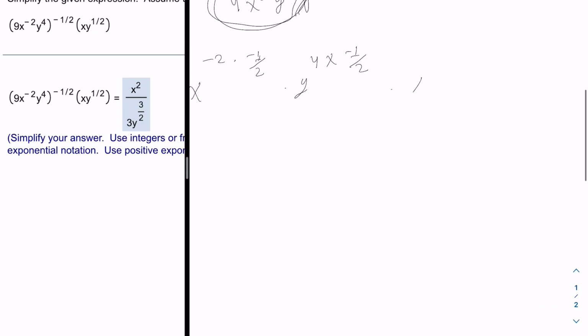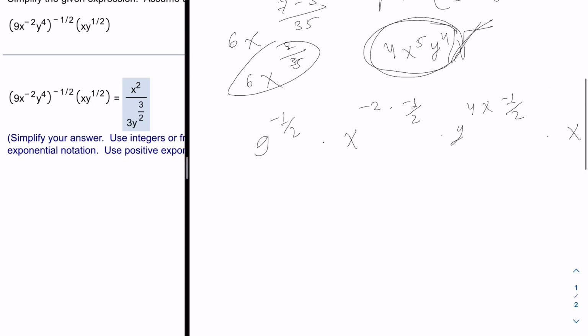Again we have x, again we have y 1 by 2. 9 can be written as 3 squared into minus 1 by 2. So 3 squared, this will also go to that. Then 3 minus 1, so minus 1 we can write 1 by 3 into, and this will go as x